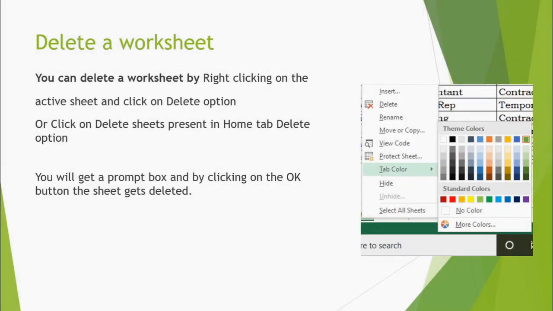Finally, if you do not require a worksheet, you can always delete a worksheet in a workbook. You can do that by just right clicking and using the delete option, or you can use the delete option present in the home tab. One thing you should notice, you will get a message, that means you cannot get it back by using the undo button. So, carefully you have to use the delete sheet option.